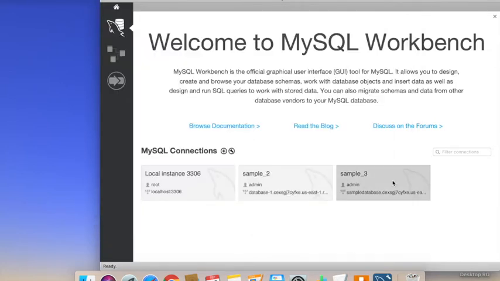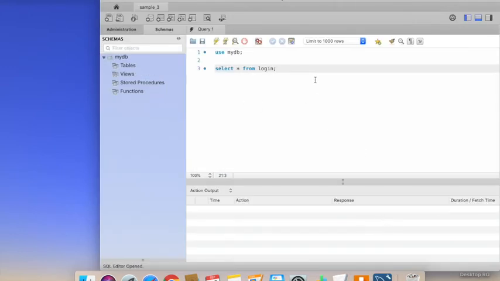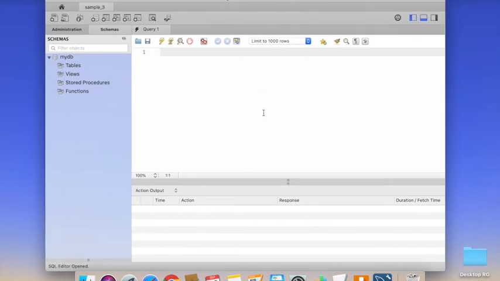And double click the connection which you have created now. The moment you log in to the remote database, you can write your own MySQL queries in the work area.